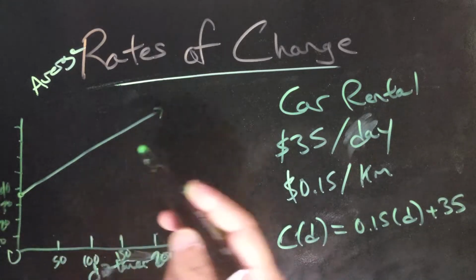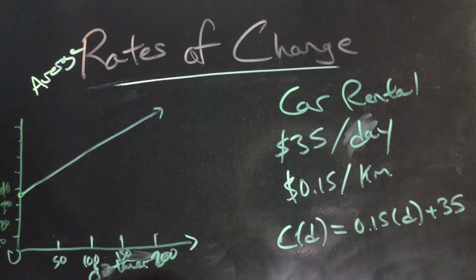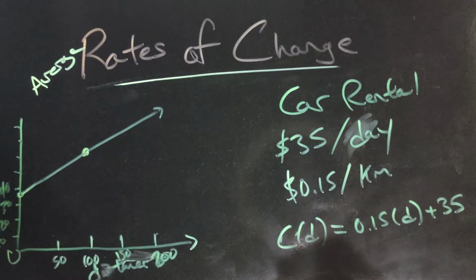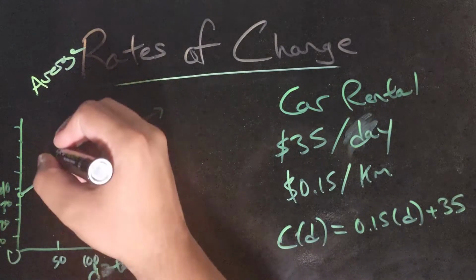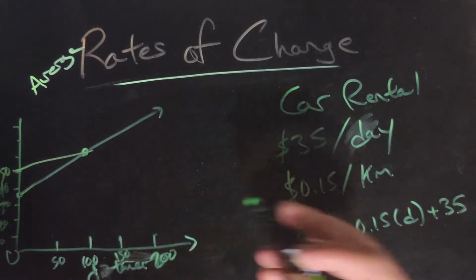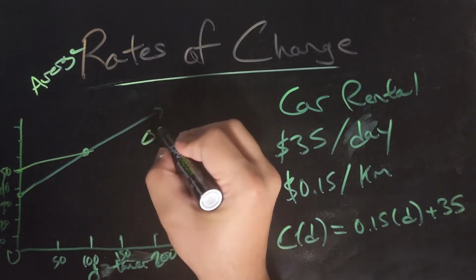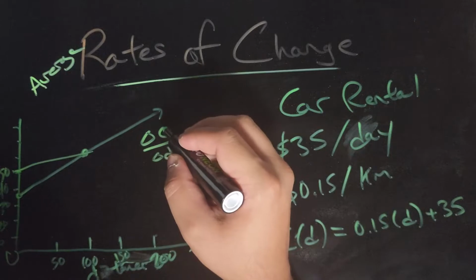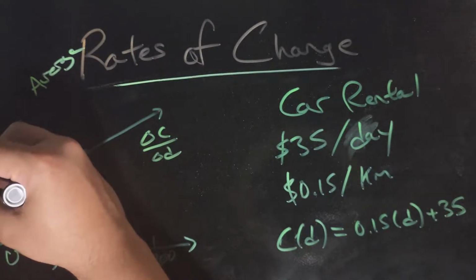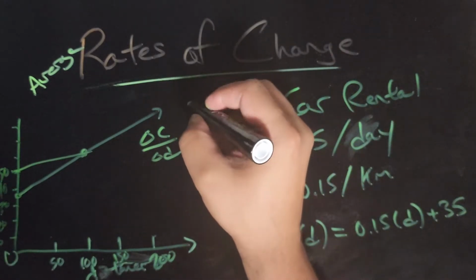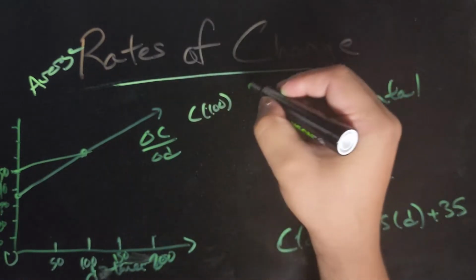And if you were to pick any 2 points here, say 0 to 100, let's say at 100 she's at 50. Let's just say that's true. And then you would plug it into the formula delta C over delta D. Delta being the change in the cost. This is the cost here, the charge at 100. So C at 100 minus C